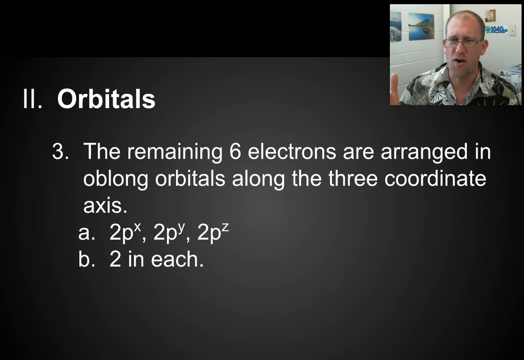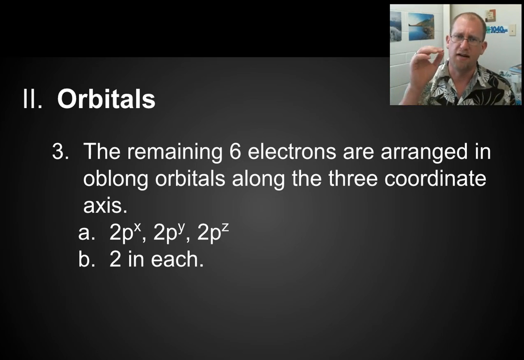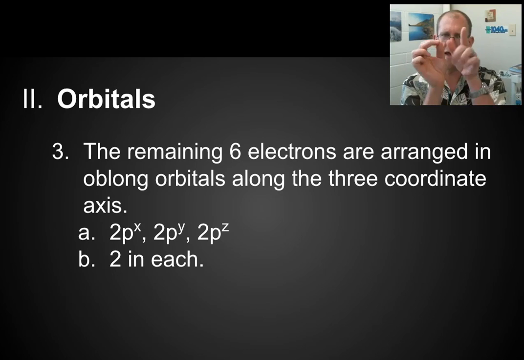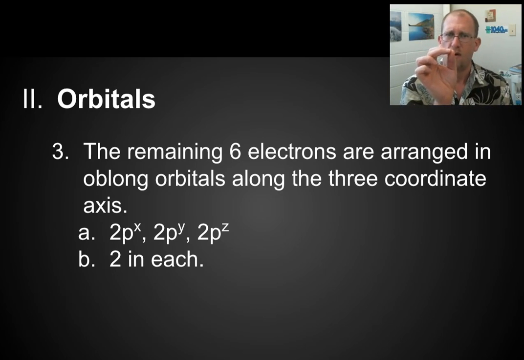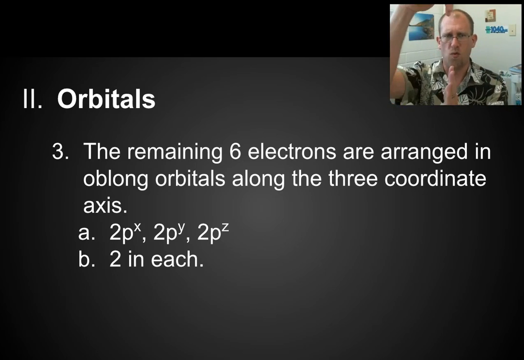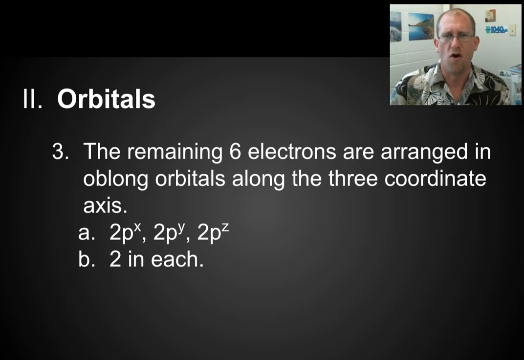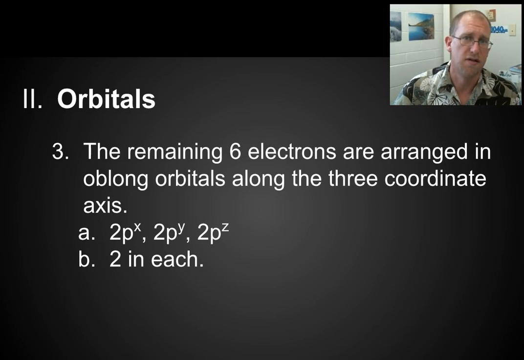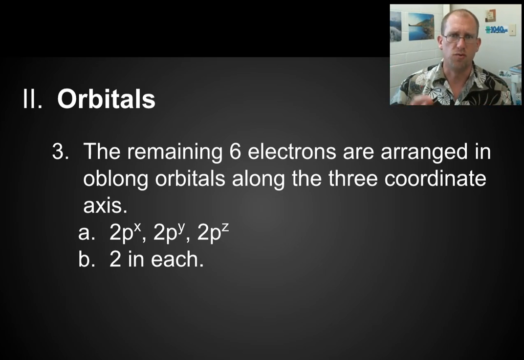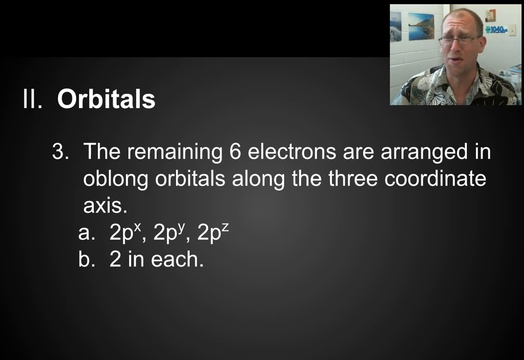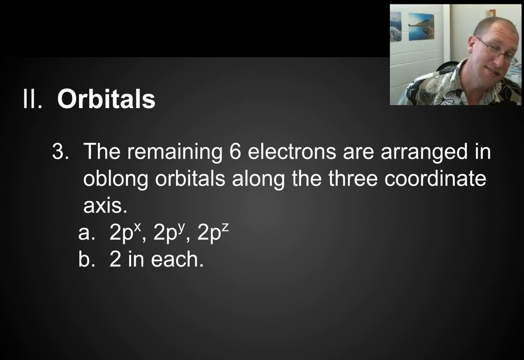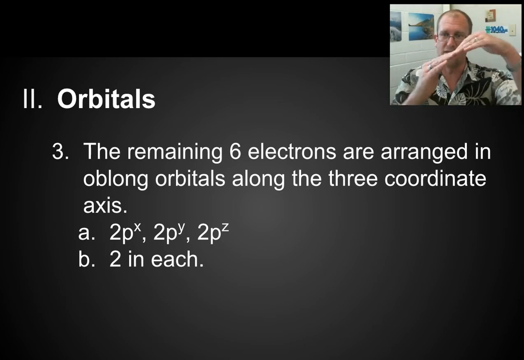Now, axes don't actually exist, but if we were to take a nucleus and put it at the center of a 3-dimensional axis with an x and a y and a z axis, we would find that on x and on y and on z, there are orbitals of 2 electrons each going in opposite directions, and they are an average distance from the nucleus that is energy level 2, right? So we call them 2p. Why p? I don't know. And they call them 2p x, y, and z to represent that it's on the x-axis, the y-axis,